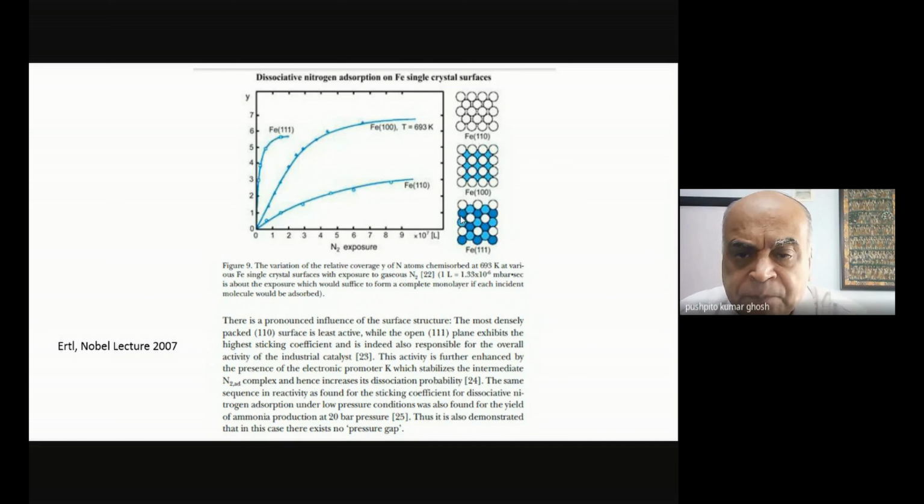I suppose another thing to remember is that of course these crystallographic planes were synthetically produced, but in a real ore, you'll never have these things in pure form. You'll have a mixture of all these things, but probably where the proportions will vary. And probably in the Swedish iron ore, there was more of this. Now, why? How does he know? One was of course that the structure indicated that the nitrogen molecule can go and sit over there. But then he also did an experiment where he estimated the coverage